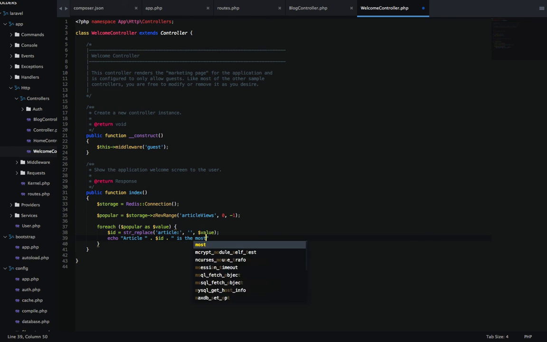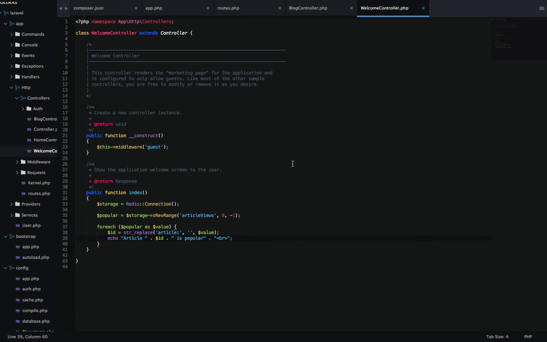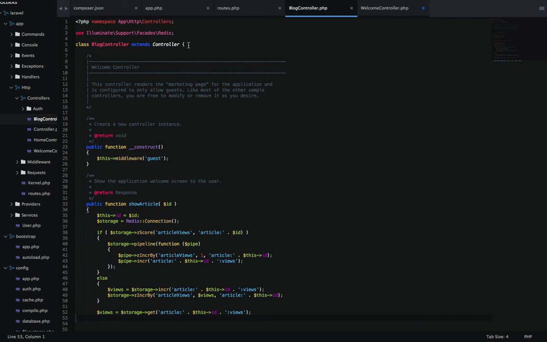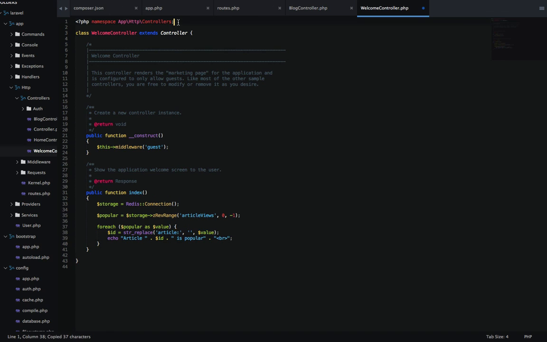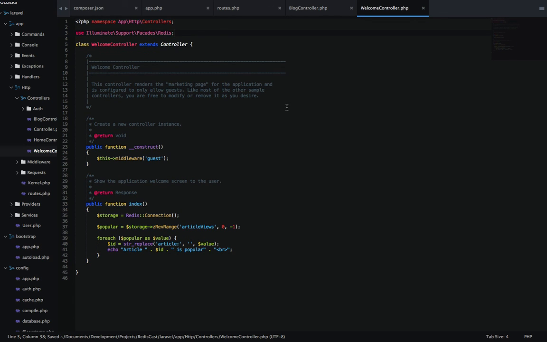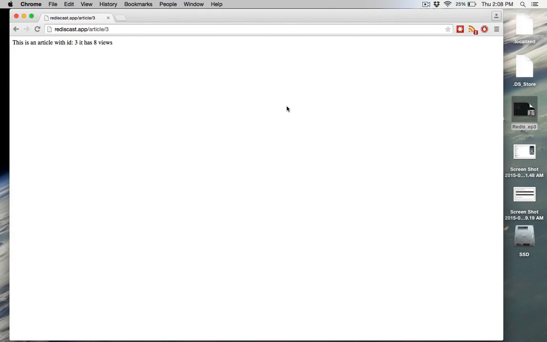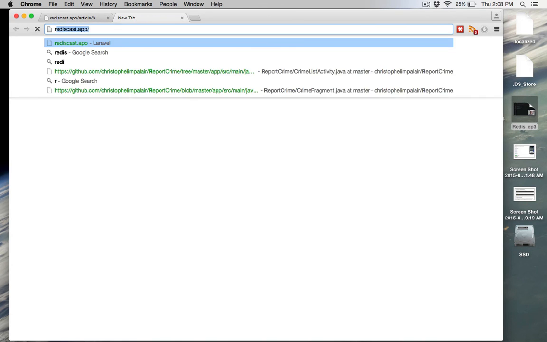Is popular, and we're just going to break here. And you know what? I actually just realized that we're missing the namespace for Redis. So that's going to give us an error. Let's add it up here so it knows where to find it. And then if we give it a shot, go to our main page,